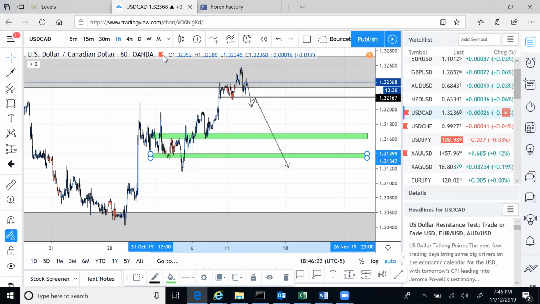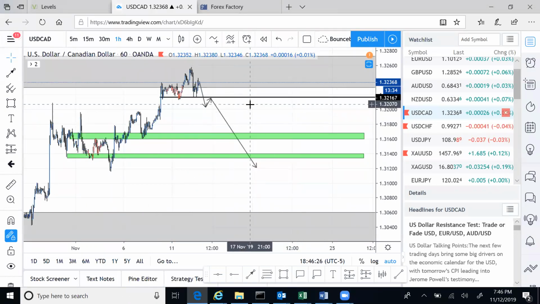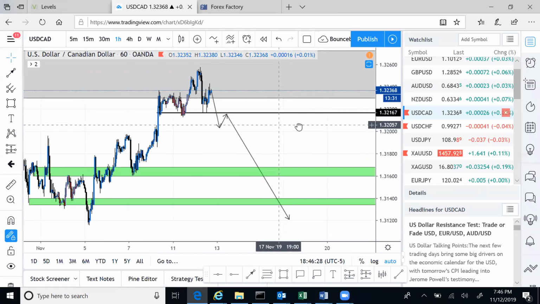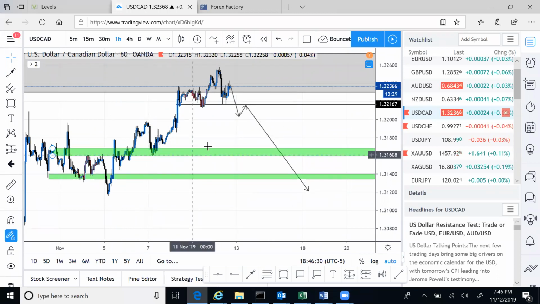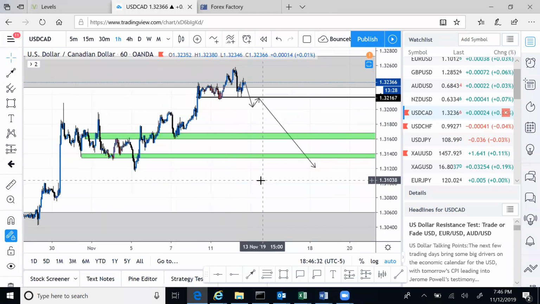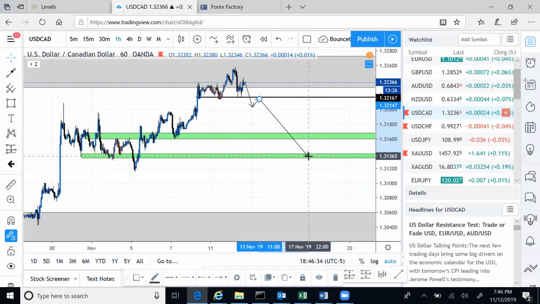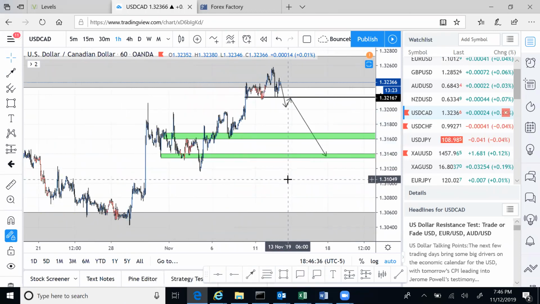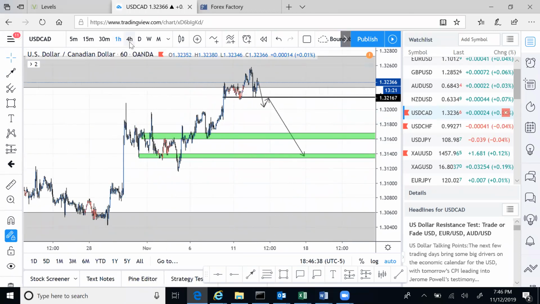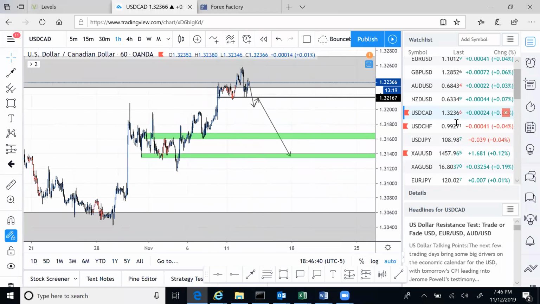How do you move stop loss into profit? I will need to tell you that after. I can't show you that on here for sure. All right, guys, so I'm gonna just put this here for now. So you know the direction for UCAD, right? So UCAD looks nice. I'm gonna post this in the Telegram chat.